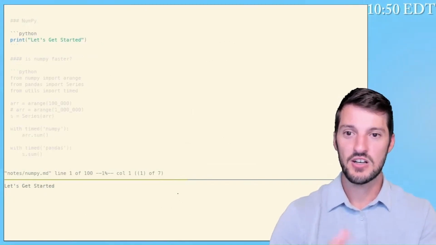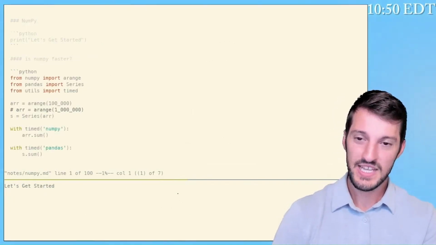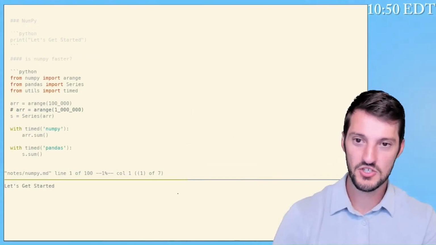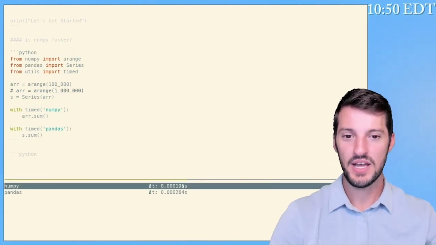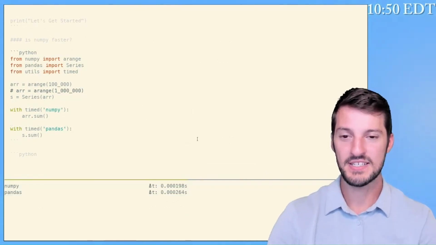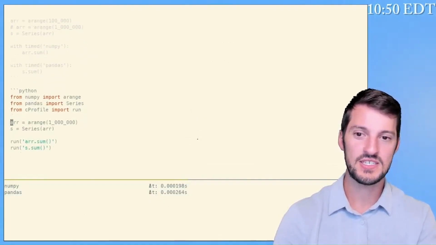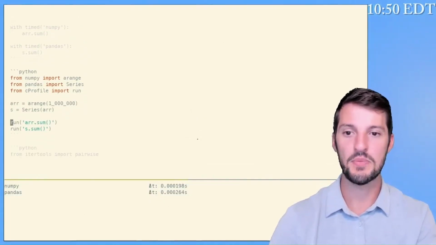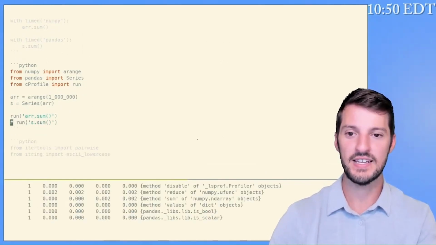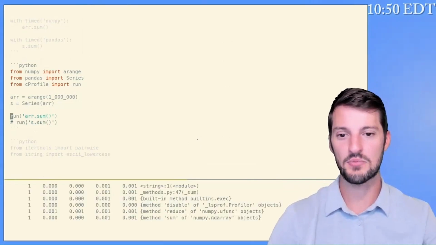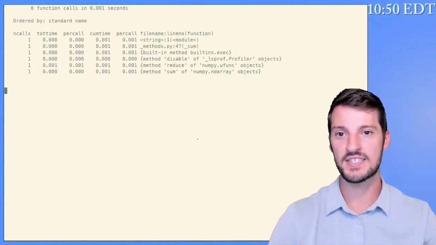Let's quickly talk about NumPy. Is it actually faster? Do we want to drop to the NumPy level? Well, it turns out we often do. NumPy will have better performance than pandas. However, if all you're doing is just simple operations like a sum that you're seeing here, the performance difference is going to be constant. And the reason for that is if you look at the profile of my array.sum, it's